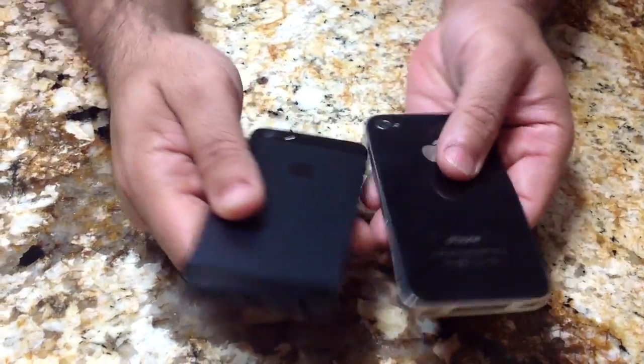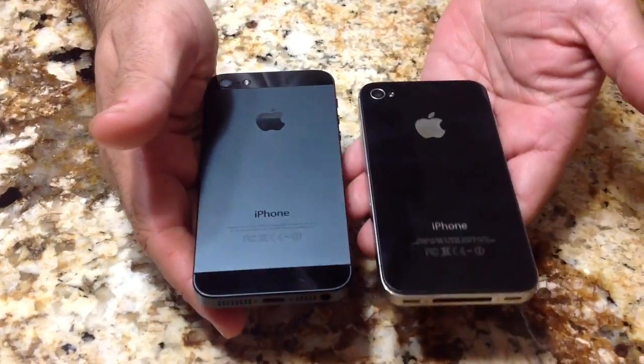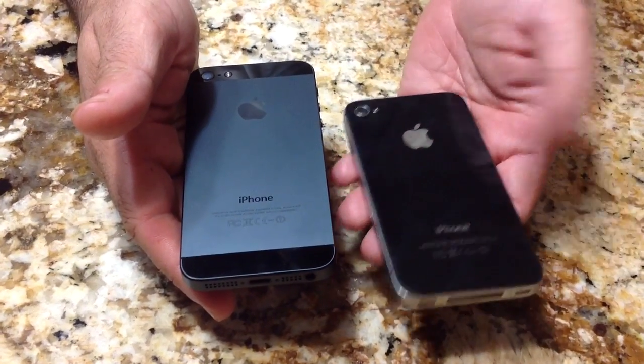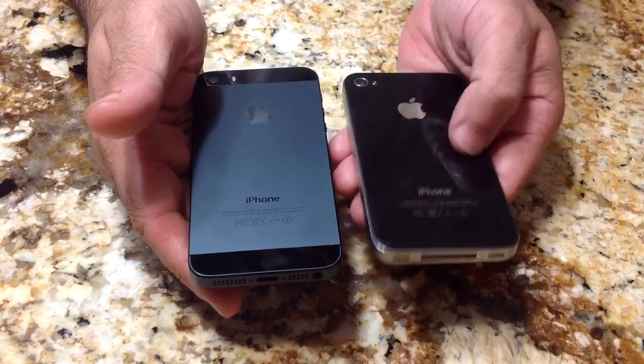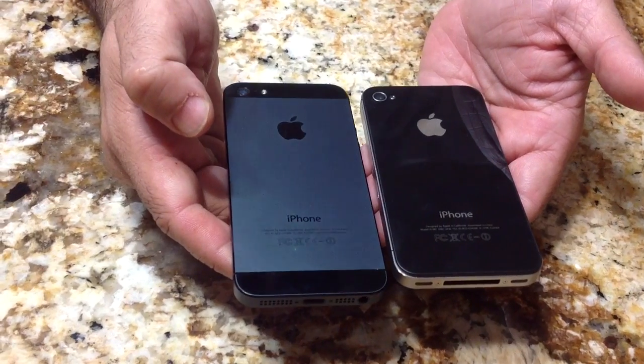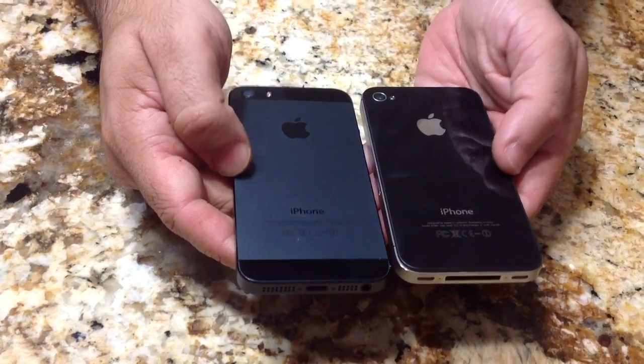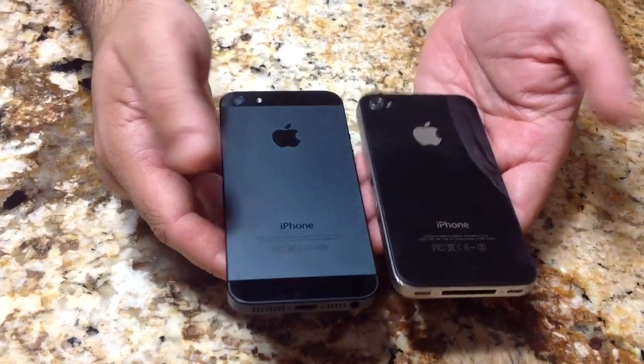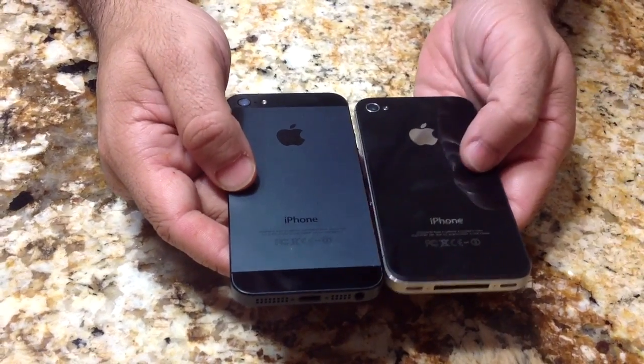On the back, the big difference is the fact that it's not glass anymore. So if you've ever dropped your iPhone and you shattered the back, you know how painful that is. So now it is made out of this aluminum, and that saves you from worrying. First of all, it saves you with weight, and it also saves if you drop your iPhone, it won't shatter